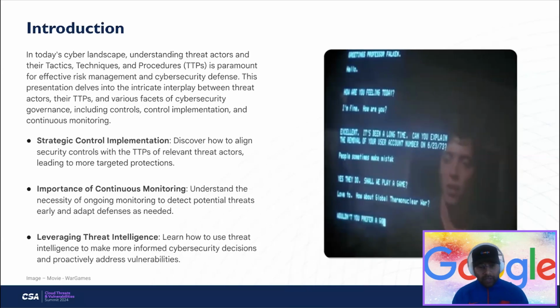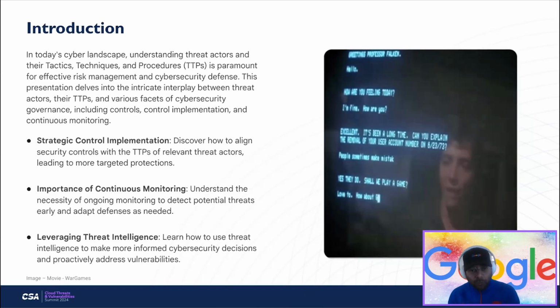We also want to leverage threat intelligence because, as we all know, threat drives the inherent risk. Then the controls are being made, and depending upon how the controls are functioning, we get the residual risk. So it's not only important for us to understand what the threats are, but who those threat actors are. How is their psychology? What are they performing? And how are we mitigating those TTPs? To sum up, understanding threat actor psychology is fundamental for effective cybersecurity. Aligning controls monitoring, continuous monitoring, and leveraging threat intelligence enhances our defenses by at least 10x.